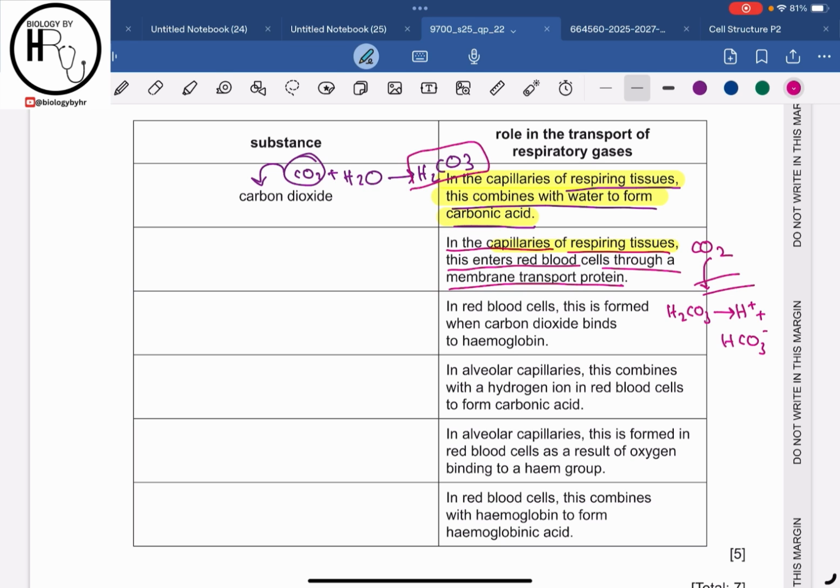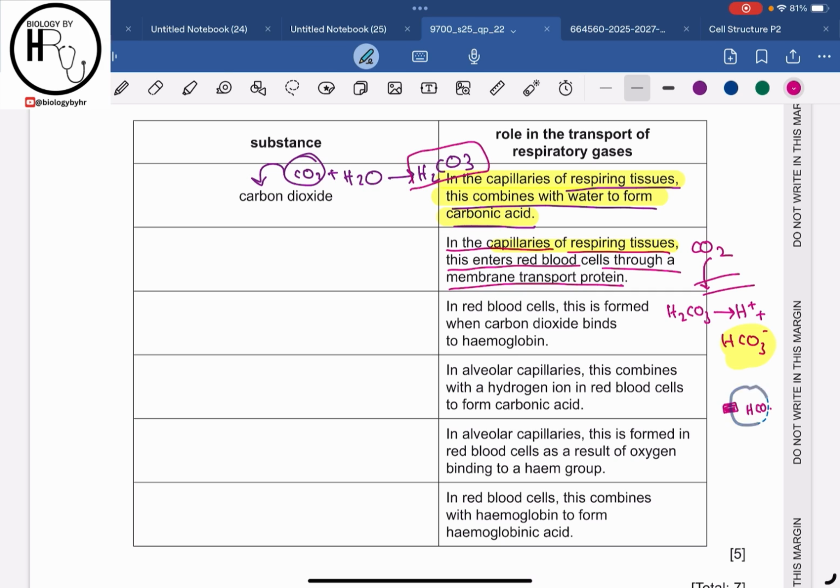Now the problem over here is that if too much of the bicarbonate ions build up inside the red blood cells, then the charge balance would be disturbed, because it is an active respiring tissue, so it would be producing a lot of carbon dioxide, right? And then a lot of carbon dioxide would be entering the red blood cell and forming the bicarbonate ions. And if too much of the bicarbonate ions build up in the red blood cell, then the charge balance is disturbed. So for example, if this is a red blood cell and this is a transport protein over here,